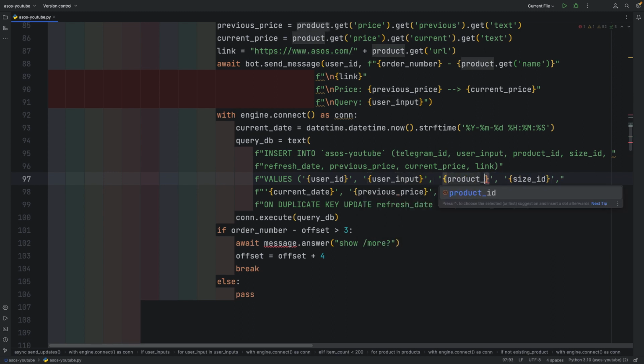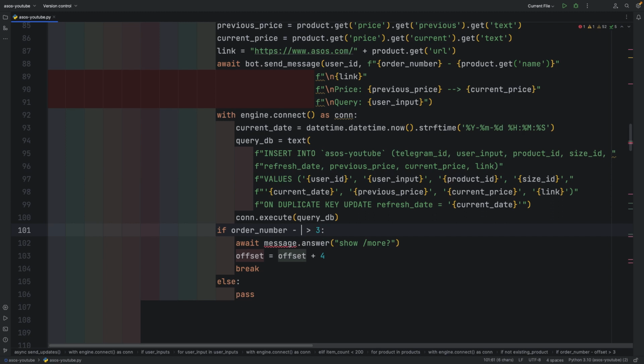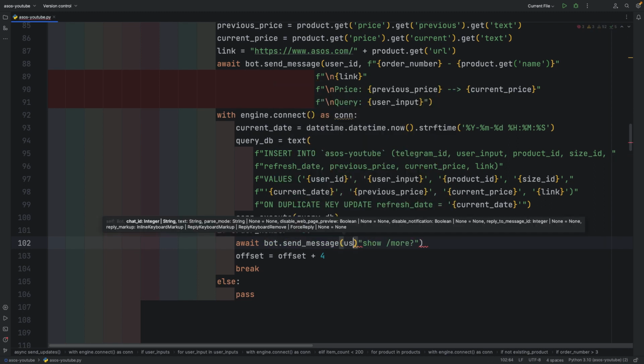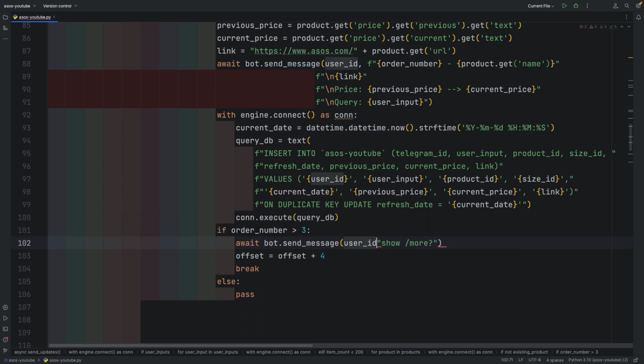Product ID variable here, and since we are counting from 0 and there is no offset, let's delete offset variable here. And instead of await message answer, we are gonna use bot.sendMessage. Offset is gonna be equal to 4.